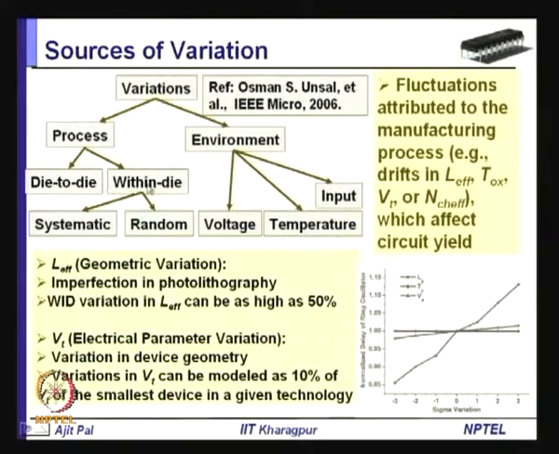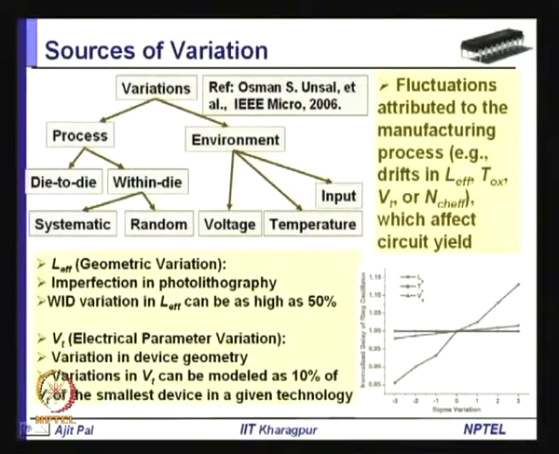There can be variations within a die, and again the variations can be of two types. Systematic variation means from one end of the die to the other end, there will be variation because you are fabricating with the help of photolithographic techniques, because of aberration and various other problems in the fabrication process. There can be a systematic variation from one end to the other end. So, that is your systematic variation. Another possibility is random variation. This variation can be random in nature.